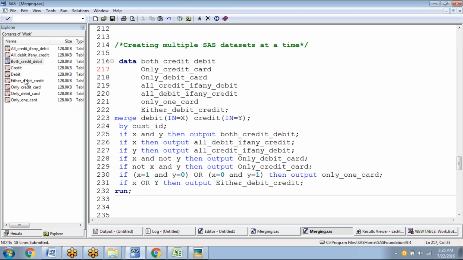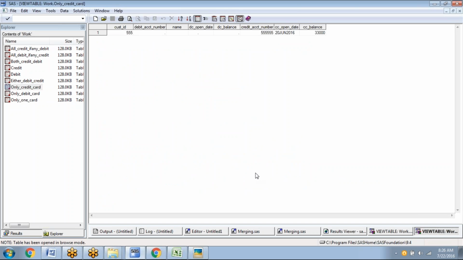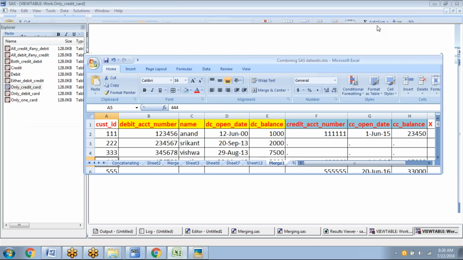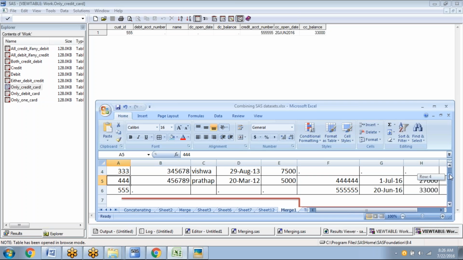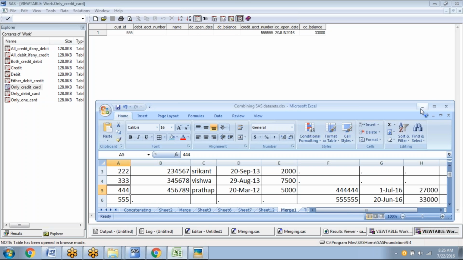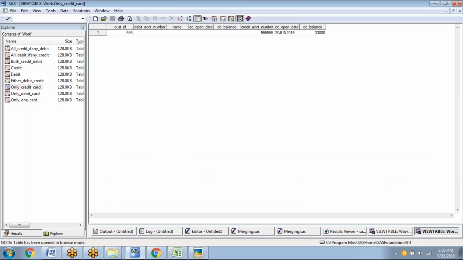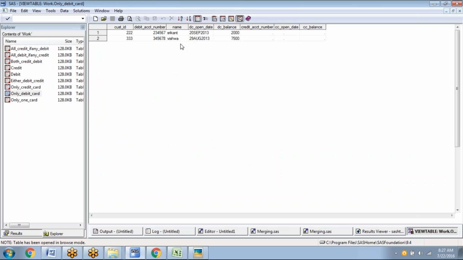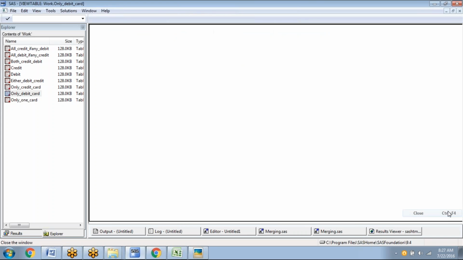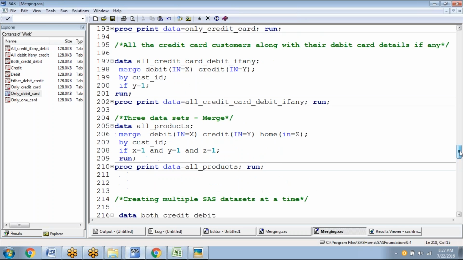Only credit card. Let me open only credit card. So this 555 customer has only credit card. This is also absolutely fine. Only credit card, you got only one record. Next, only debit card. This is also fine. So here, you'll be able to create all the SAS data sets, whatever we discussed above,